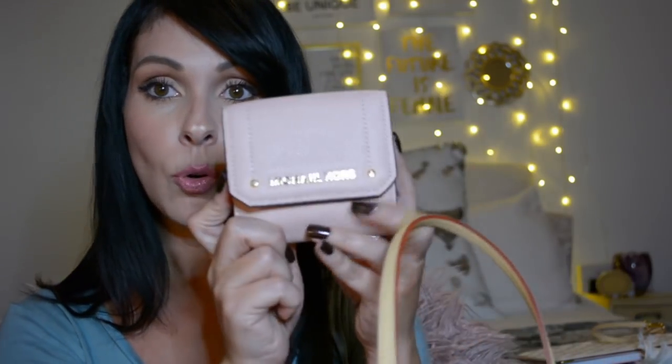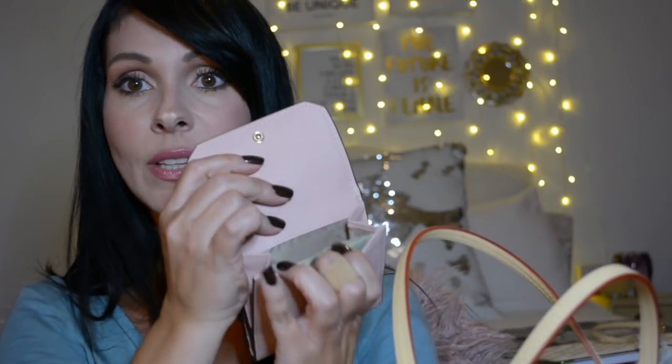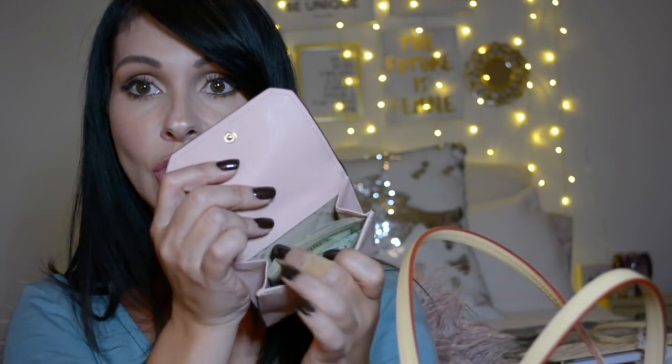And then, let's see, I have my Michael Kors wallet. I don't have a wallet for this bag yet, but this wallet is actually perfect. I purchased this wallet at the outlet center, and the pink matches the interior of this bag perfectly. Like, it is a dead-on match, and it's a smaller, more compact wallet than what I'm used to, but you open up this side, and on this side I just put cash and change,